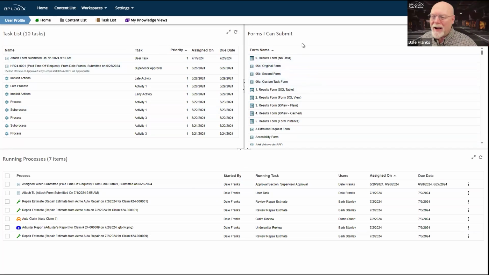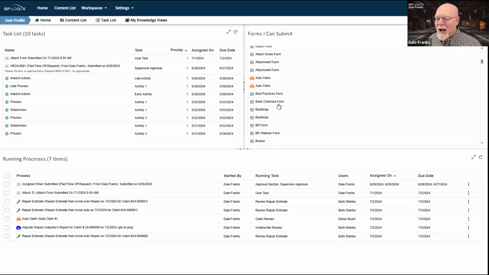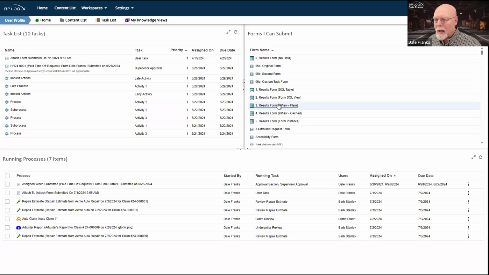But by default, on the user profile workspace, you get forms I can submit. This is a built-in knowledge view that just pulls all of the form definitions on the system to which I, as an end user, have access. Obviously, as a system administrator on this machine, I have access to everything.